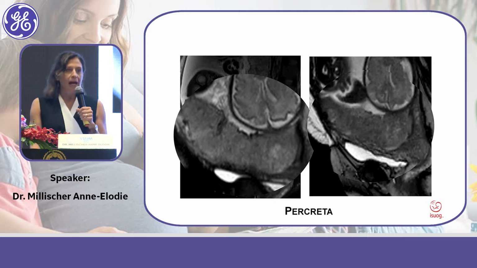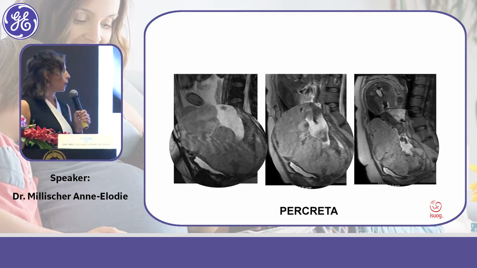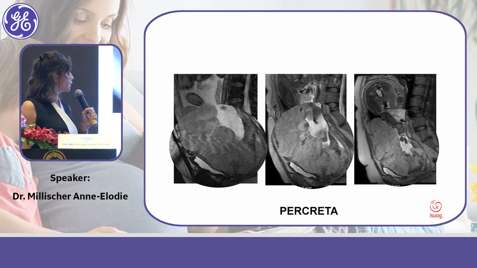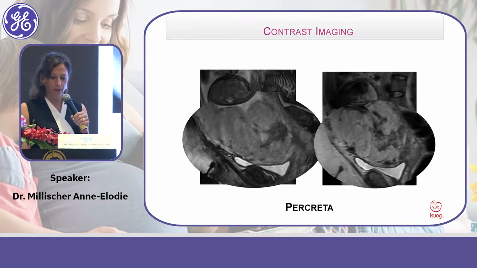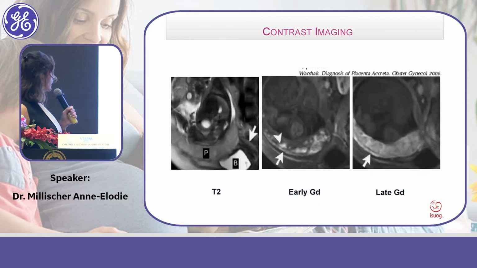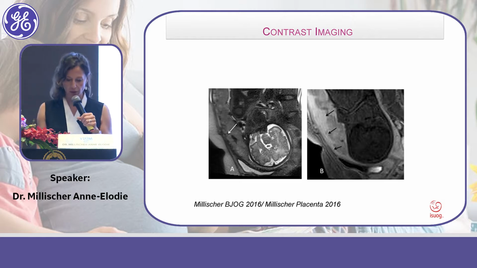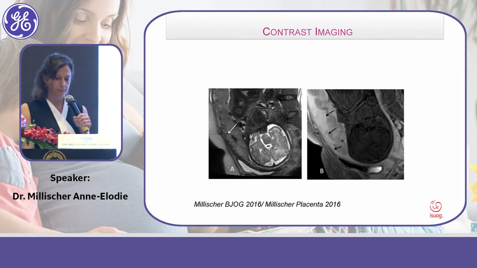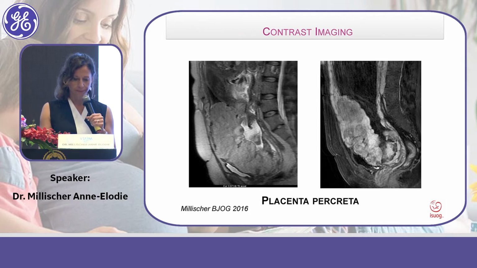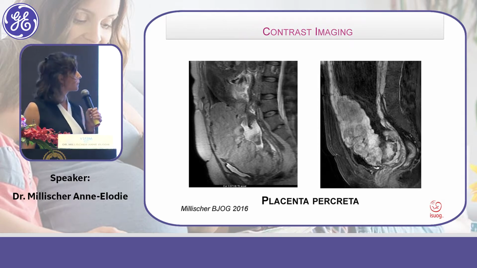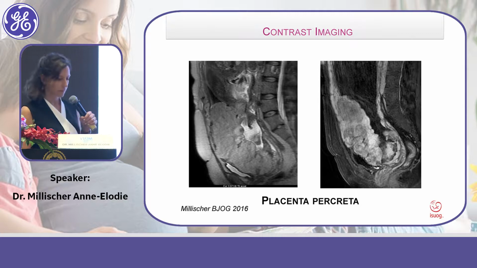Recently, we tried to add some contrast in order to improve the differentiation of placenta and myometrium. And as you can see on this example, sometimes it is difficult to differentiate the placenta and the myometrium. But after adding the contrast, you can see that the borderline of the placenta is more accurate with the contrast. Và người ta xem xét là sẽ tiêm thuốc cản quang vào để đánh giá tốt hơn khi mà so sánh hai cái hình, một bên có tiêm, một bên không tiêm. Thì mình thấy tiêm thuốc cản quang nó sẽ làm tăng cái mức độ tương phản, rồi mình sẽ chẩn đoán dễ dàng hơn.